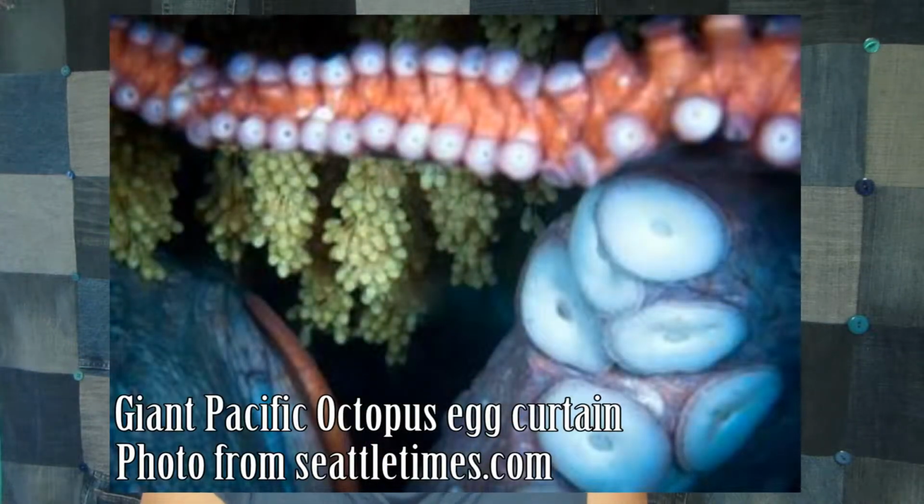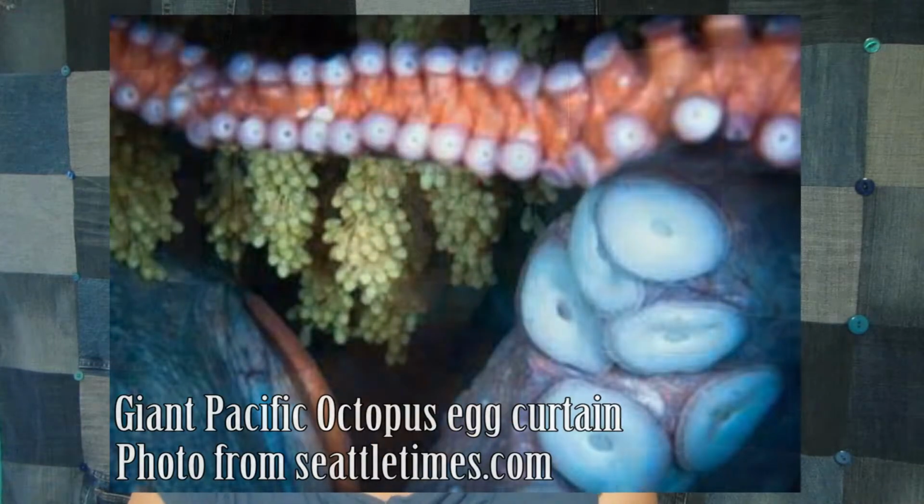They mate out in deeper water in late winter and early spring, and then the female will come in towards the shore to lay her eggs. She'll lay those in a rocky crevice or cave hanging in a curtain-like fashion from the top. They'll hatch in about 6 to 8 weeks as plankton, so tiny little things that are just kind of free-floating in the water, and then after about 6 to 8 weeks they'll have grown to be big enough to live